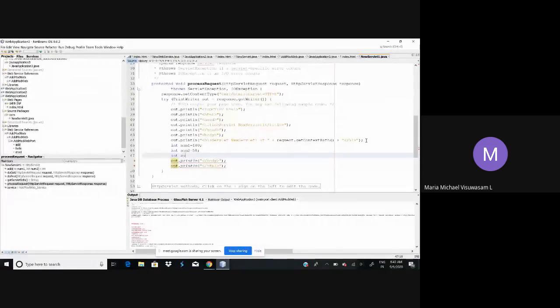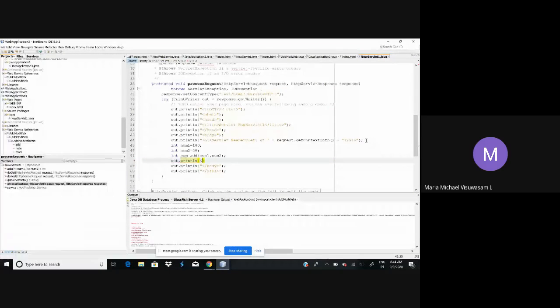So int sum is equal to add of num1 comma num2. Now out.println